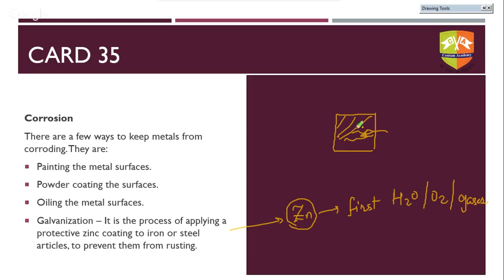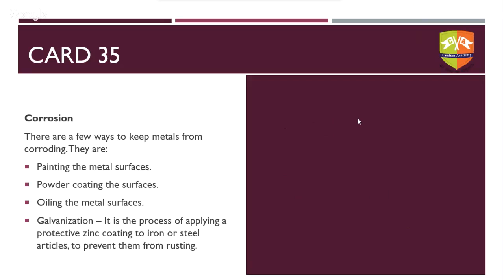You'll find that zinc will sacrifice itself to protect the metal covering. That's the reason zinc is used quite often to coat very highly sensitive instruments, especially iron instruments, and it saves the iron from getting corroded further. Right, so that's a quick